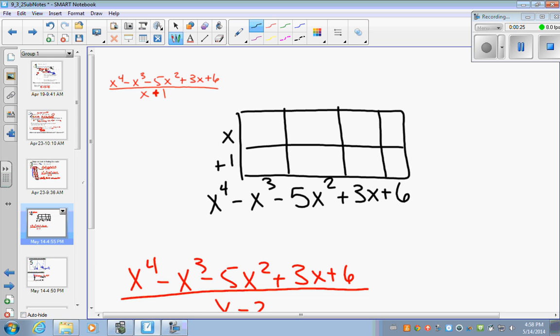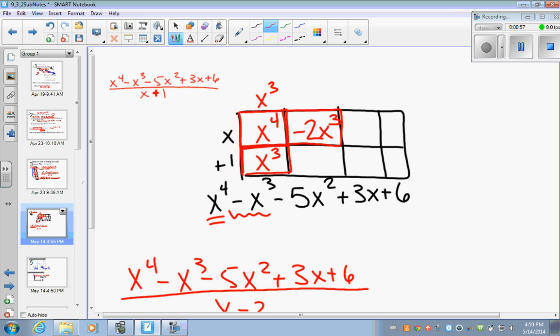in the next video. But anyway, so x to the fourth is going to go in this spot because that's what we start with. We always start with that first term. So this will have to be x cubed because x cubed times x gives me the x to the fourth. Now, if I know this is x cubed and this is 1, that makes this positive x cubed. Unfortunately, I need negative x cubed. So I'm going to have to take away 2x cubed because now when I combine this and this, I will